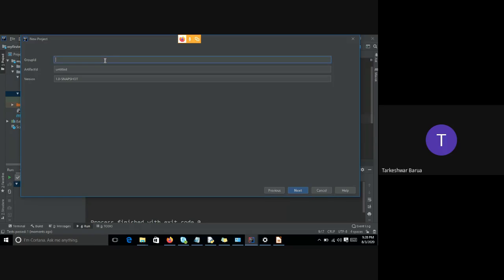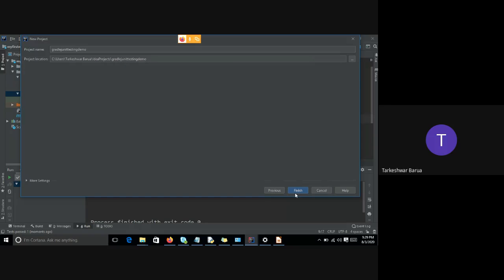There also you have to write the same Gradle JUnit testing demo. Okay, so now I'm writing the Gradle JUnit test demo.